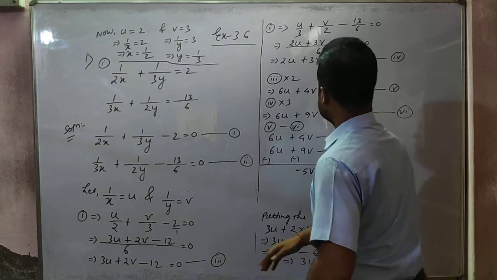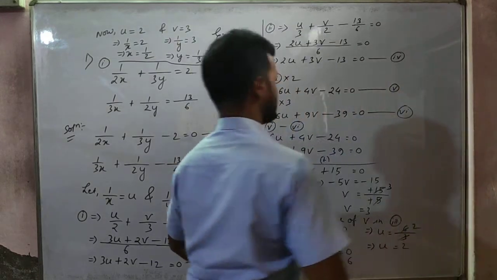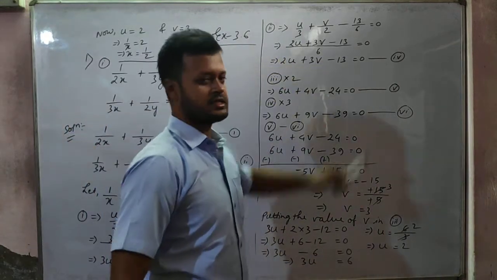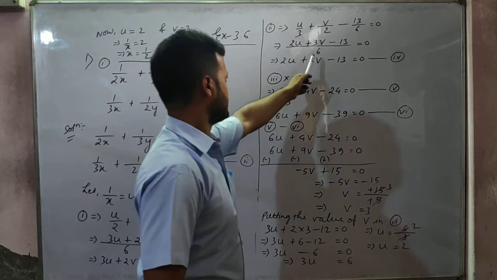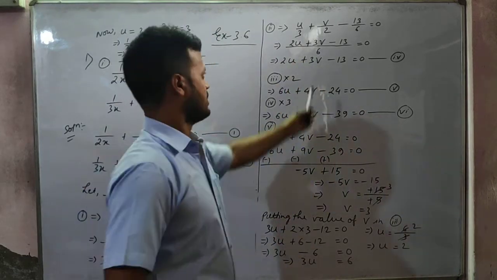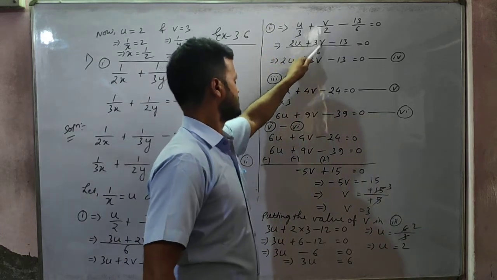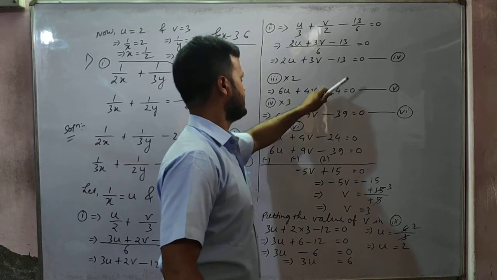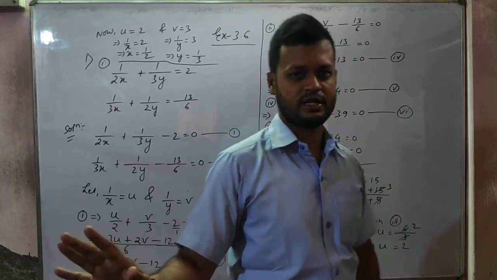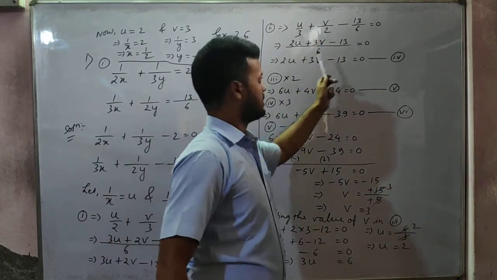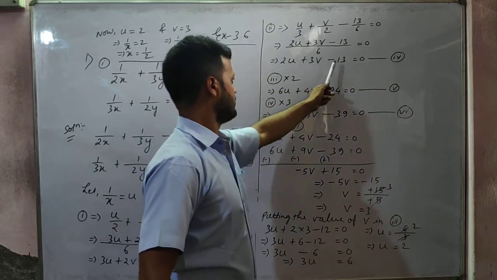Now you see, students, 3, 2 and 6. You take the LCM of 3, 2 and 6. The LCM of 3, 2 and 6 is 6. Now if you divide this 6 by 3, how many times will it go? 2 times, so 2 into u, 2u. This 6 divided by 2 is 3 times, 3 into v, 3v. This 6 divided by 6 is 1 time, so 1 into 13, 13. We are taking the plain LCM. This 6 I will cross multiply. Then 6 into 0 will be 0 only. Then 2u plus 3v minus 13 is equal to 0.